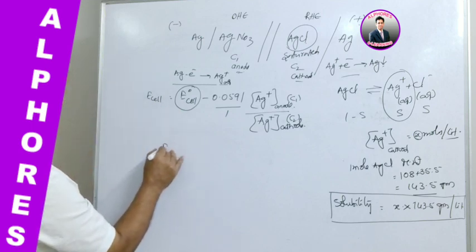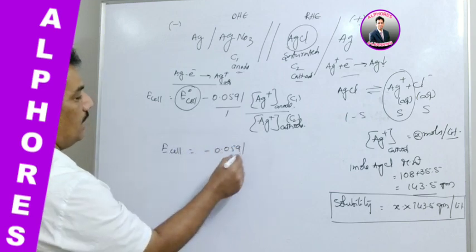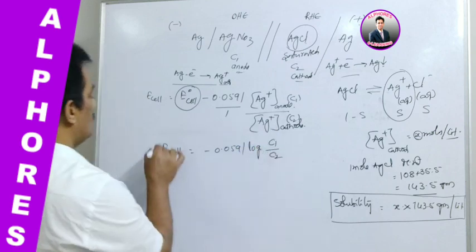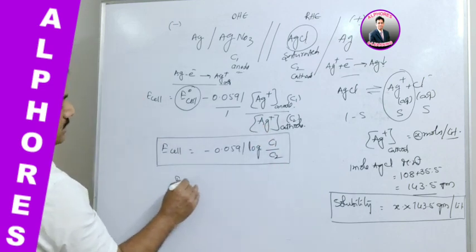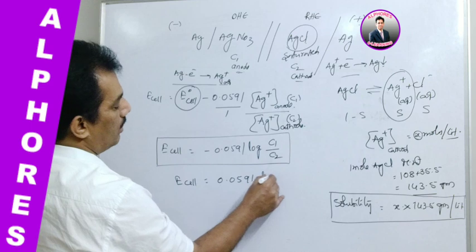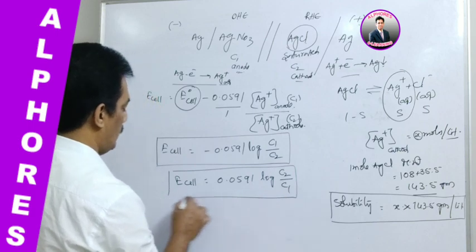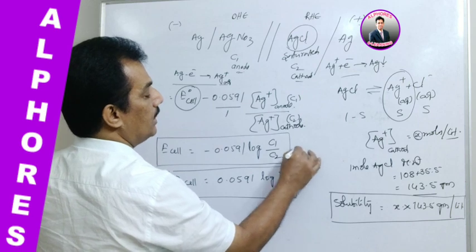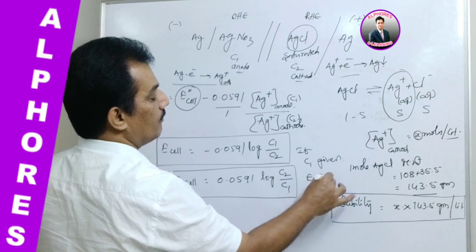And as we know, for a concentration cell, E naught cell is 0, and when it is 0, automatically E cell is equal to minus 0.0591 log C1 by C2. And to make this value positive, we can invert this, and hence E cell is equal to 0.0591 log C2 by C1. If C1 is given and E cell is given,